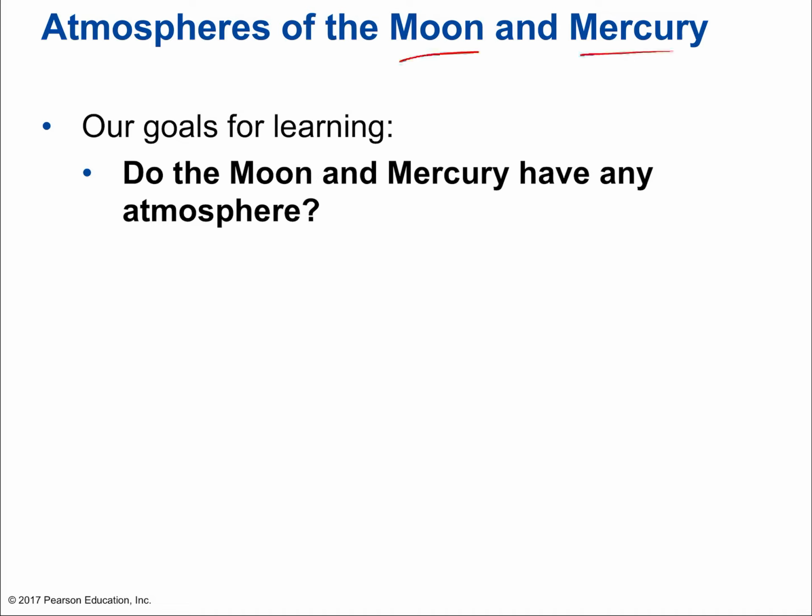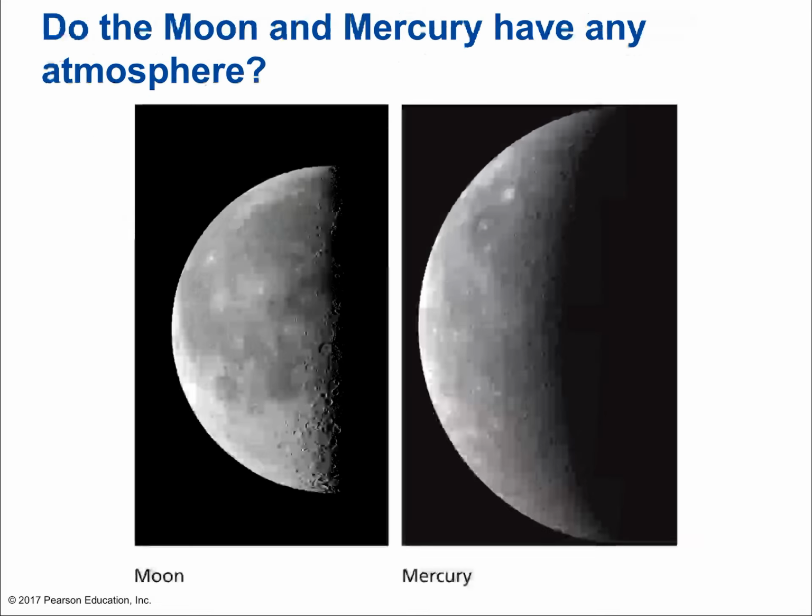Okay, so first of all, let's talk about their atmospheres. Do they have atmospheres? Well, no, they don't. They really don't. And they kind of both look like the moon, don't they? Mercury looks like the moon. It's just a bleak gray planet, right? Lots of